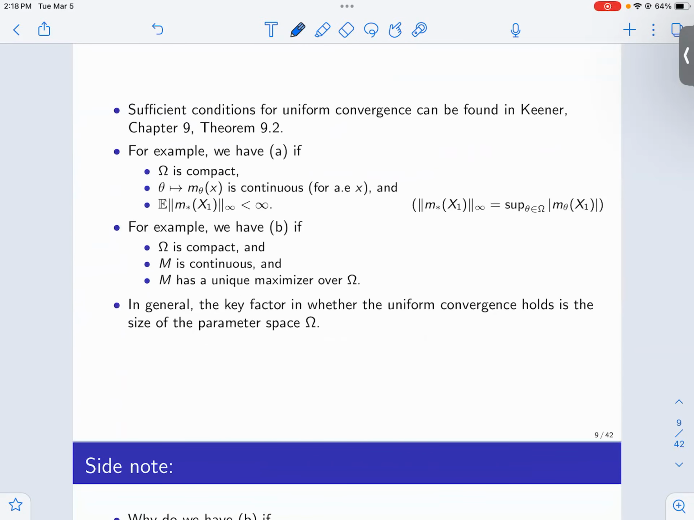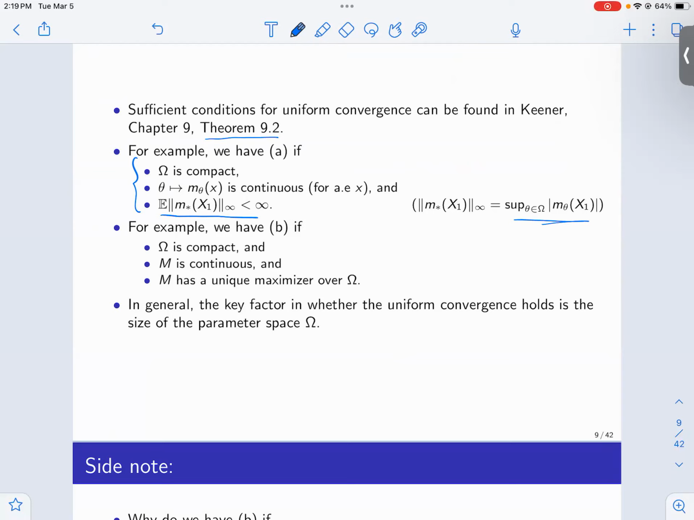But there are sufficient conditions for this uniform convergence to happen. We're going to just state them and you can check. It's not hard to argue. Theorem 9.2, for example, gives you these sets of conditions for that uniform convergence. If the parameter space is compact, oftentimes things are simple. So the parameter space is compact. Those functions in theta and x are continuous in theta. And then you have basically a moment condition: the supremum of these functions, so the uniform norm of this function,